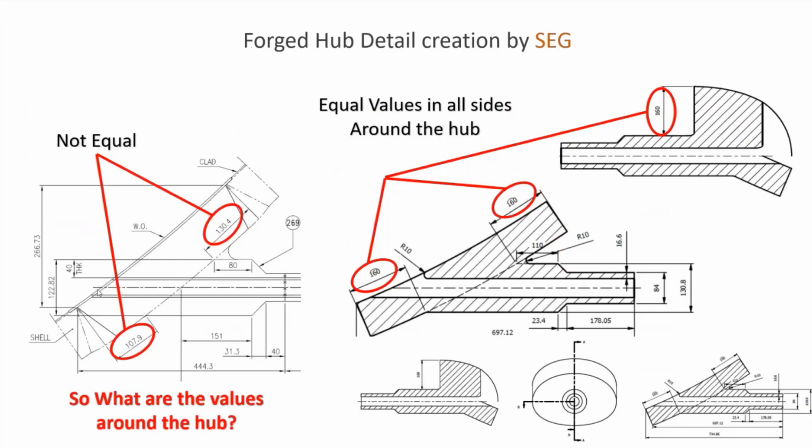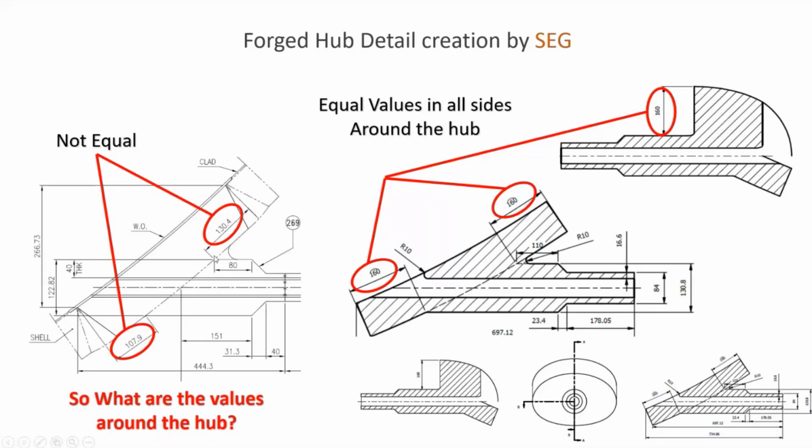Actually, during the data collection from your drawing, which is extracting data to start creating modeling over SEG Software, we found that for the forged hub with lips with an offset with helicoid option, we figured that the width of the